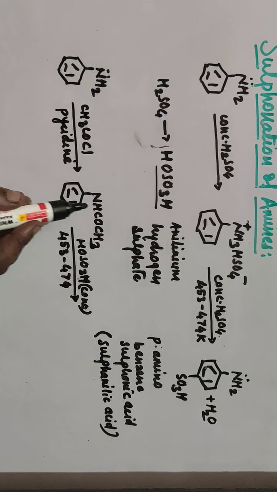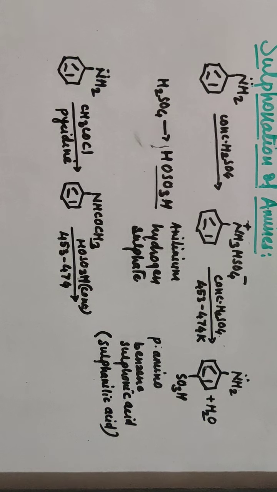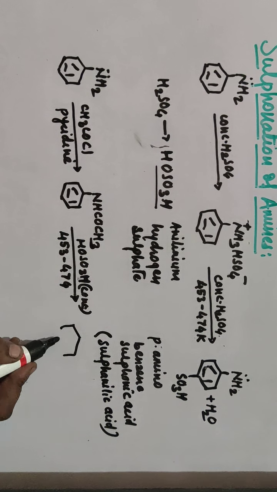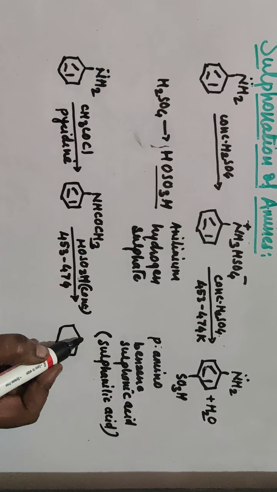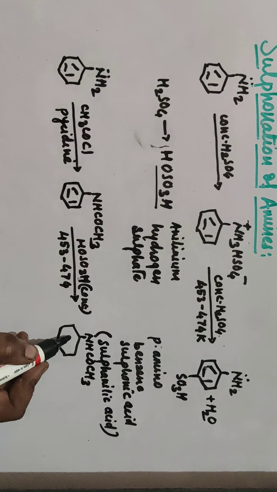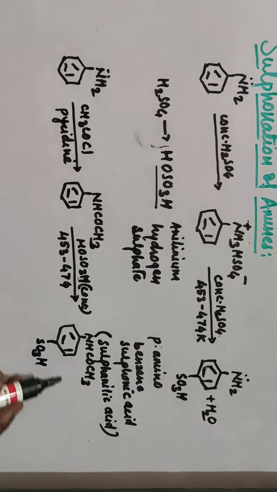As the NH2 group is protected by acetylation, it is busy, it is actually resonated by the oxygen atom of the carbonyl group, and hence there is no formation of anilinium ion. So you will get here para compound NHCOCH3, and the hydrogen atom of para position is replaced now by SO3H group, and this OH and replaced hydrogen come together to form a water molecule.